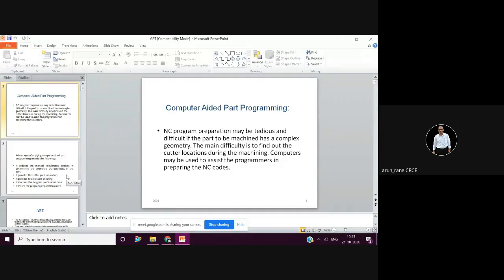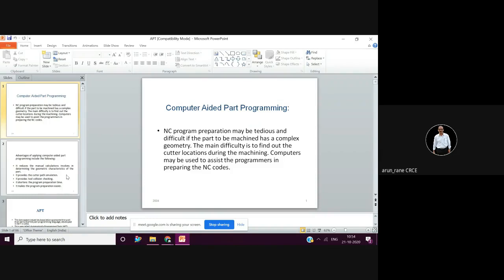I mean, not as excellent as SolidWorks, and at the same time, not as excellent as Tebis. But you can go ahead with this instead of having two softwares, one exclusively for modeling and another exclusively for machining. You can have ProE, which will just satisfy your needs. But if you want excellent modeling features or excellent machining features, then you have to have dedicated softwares like SolidWorks or Tebis.